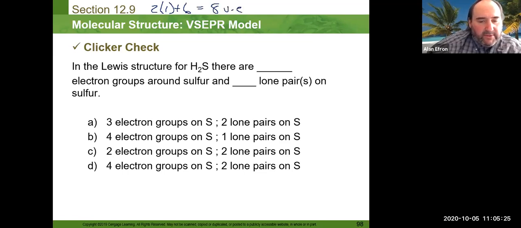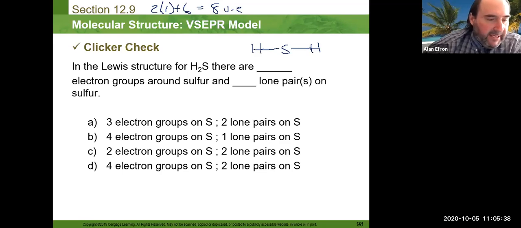Remember that hydrogen cannot be in the middle because it can only have 2 electrons. So logical arrangement here would look something like this. We're going to do one bond from the central atom to the outside atoms. That is 4 electrons. We're going to use the remaining electrons on the outside ones and fill them up. Since they are hydrogen, they are already filled. So once we fill up all the outside ones, then we go to the central atom and